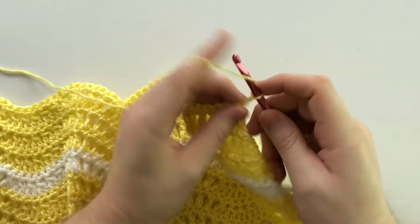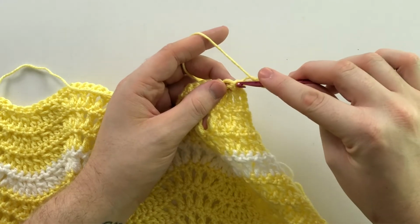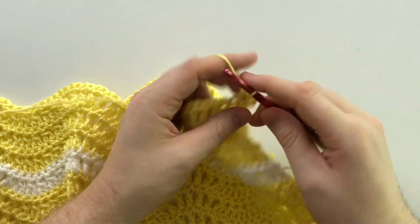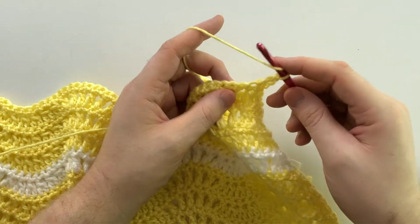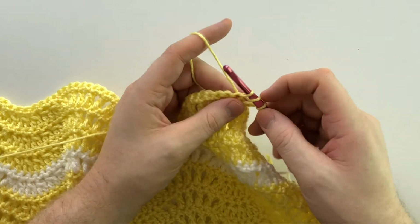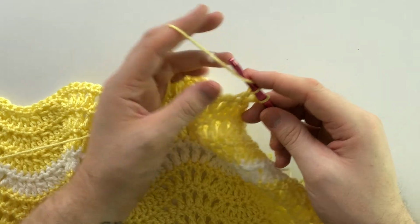We're going to chain 3. We're going to skip the single crochet that's at the base of that chain 3, and into the next single crochet, we're going to work a double crochet. Then we're going to yarn over our hook, insert our hook into the next single crochet and pull up a loop, and we'll have 3 loops on our hook. We're going to yarn over and pull through 2,